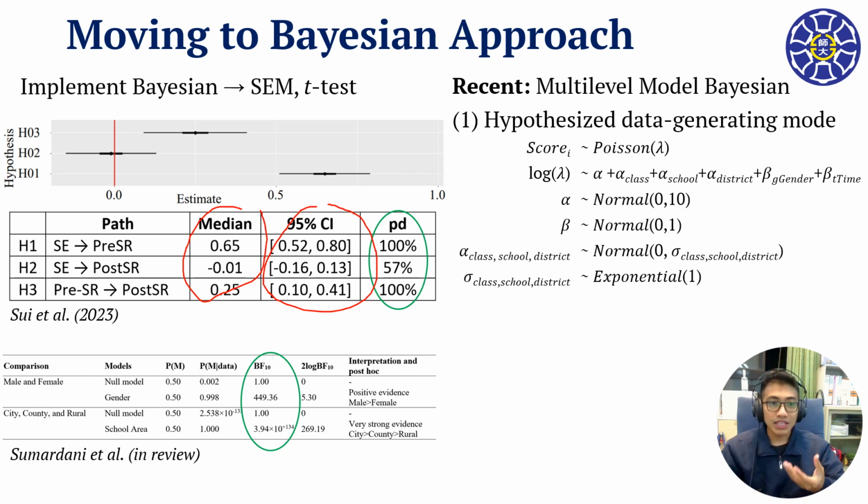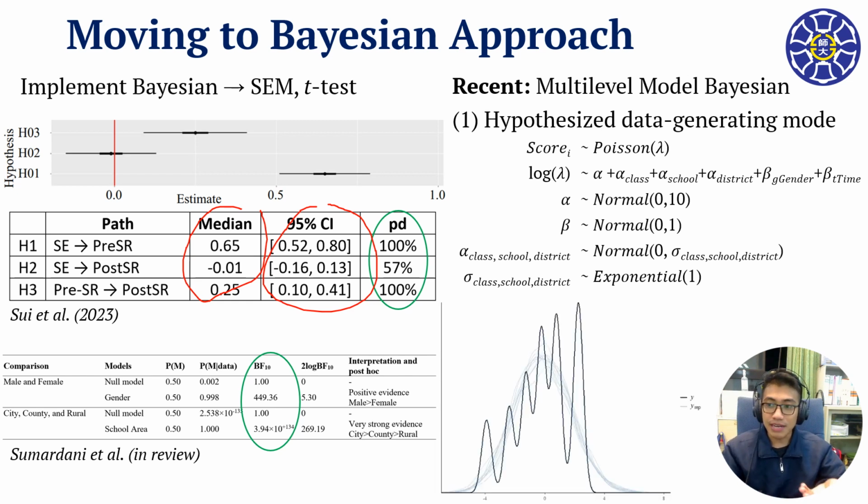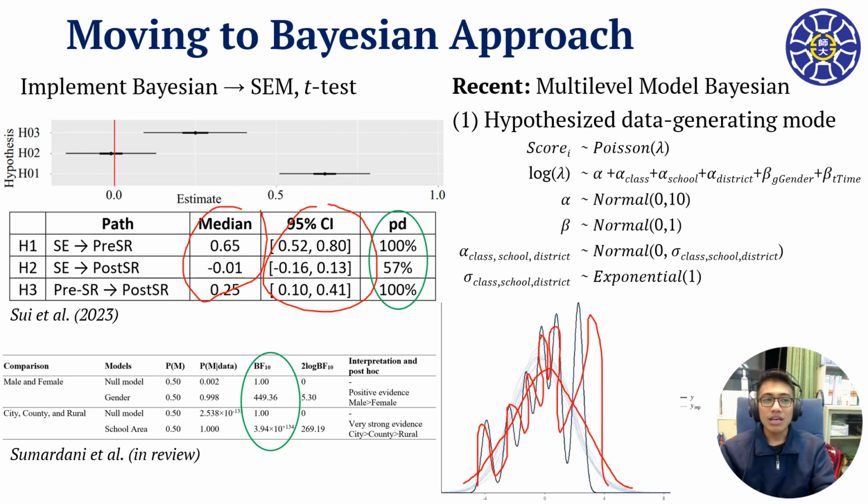So we tried to fit a normal distribution the first time, but it turned out it's not good. You can see the normal distribution is here. This is the ideal one, but this one is our data. So our data does not fit a normal distribution. So the next step we tried to implement what we call the Poisson distribution. It turned out to be similar to our data. So we use the Poisson distribution.